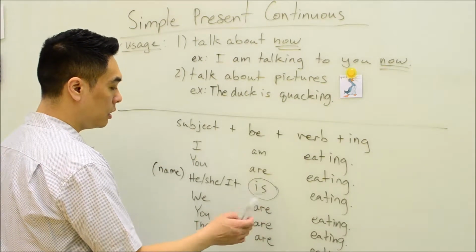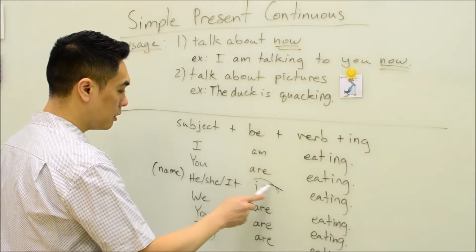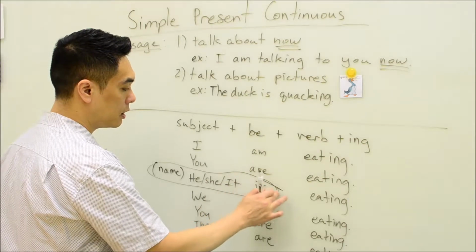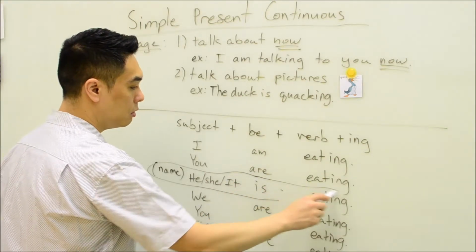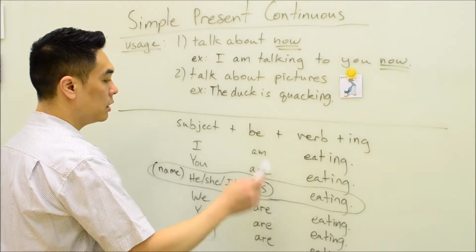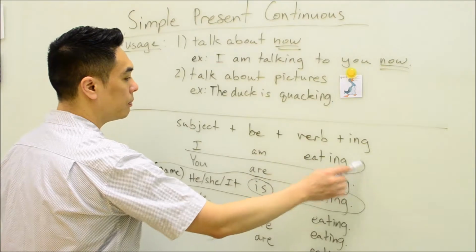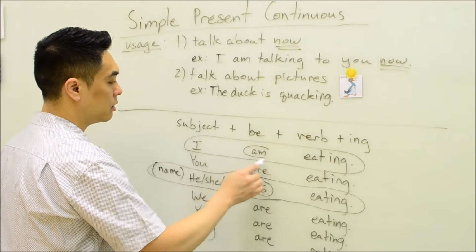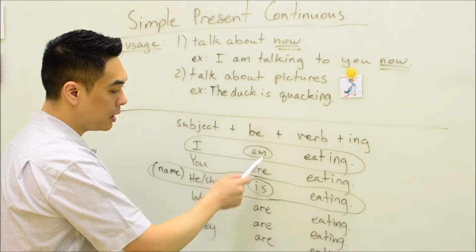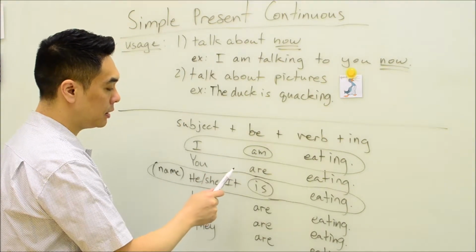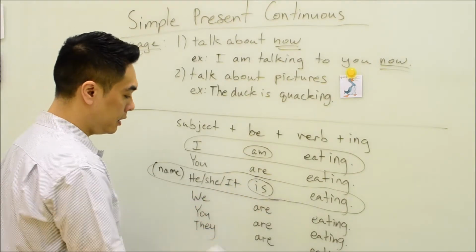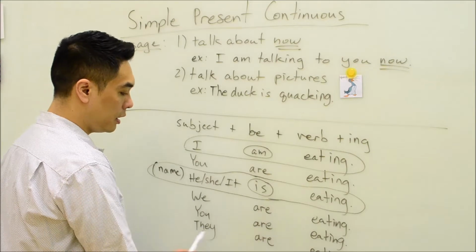Let's circle this one. Actually, let's circle it like this. Right? I'll just circle it like that. Highlight this one, and then this one here as well, and we'll highlight this one. So as you can see, we use I and the verb be, which becomes am in simple present continuous, and then you are eating, he, she, or it is eating, we are eating, you are eating, they are eating, and